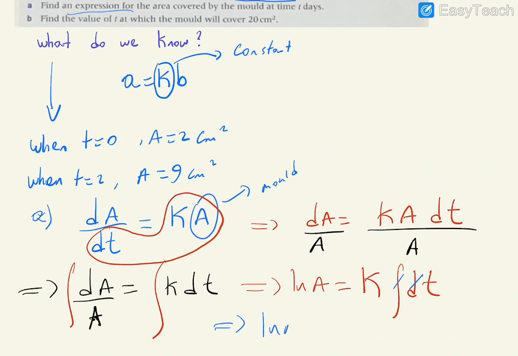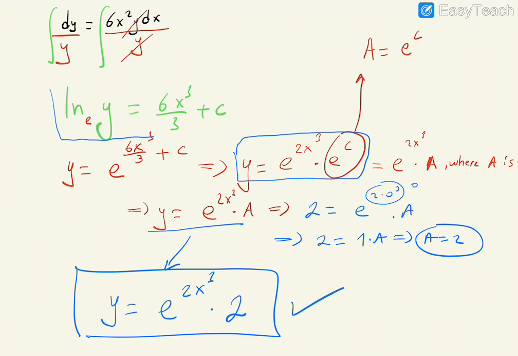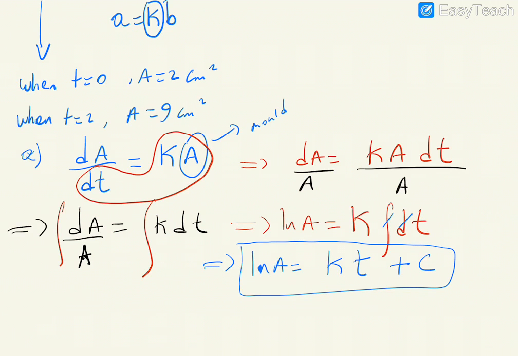And then from here, ln a equals kt plus c. As you see, we have it in this form, and once you come to this stage, always remember this situation: ln e^y equals what? y. So what did we do? We said we have an invisible e here, and then I express everything in terms of the unknown. So let's remember we have an invisible e here, then I will say e to the power of kt plus c